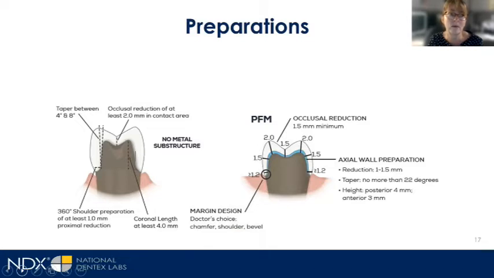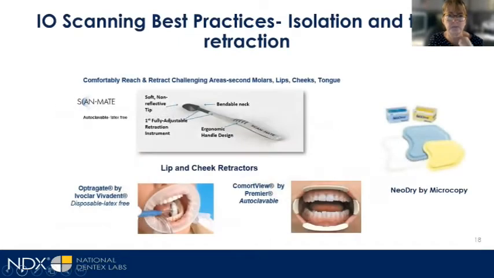So depending upon whether you are doing no metal substructure or PFM, we really want to make sure that we are prepping with a shoulder or a chamfer without sharp line angles in order to get the best scan for it to acquire the best way, as well as fabrication. And these are some examples of items that I've used in my hands that I find work really well